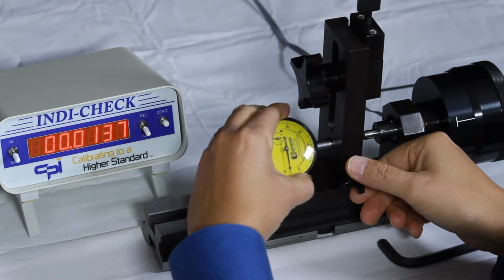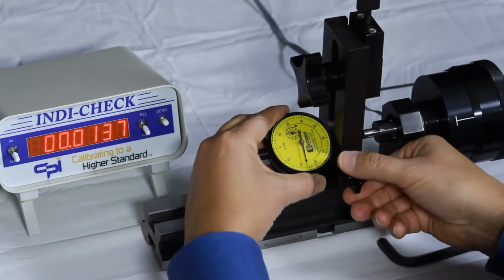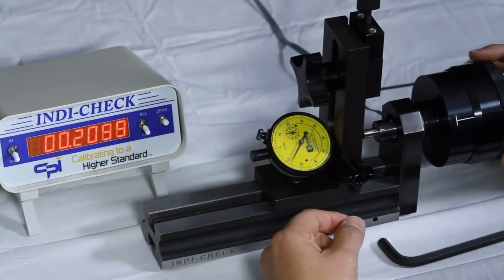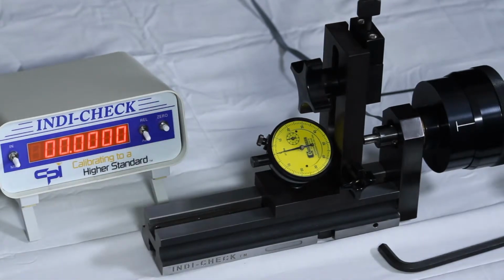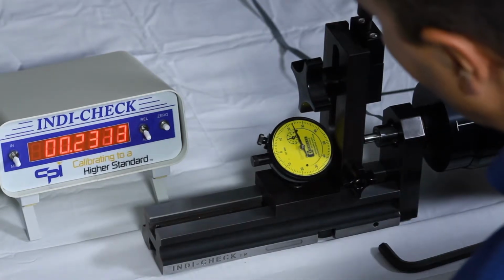and now you're going to mount the indicator. You lock it down finger tight. As you can see, there's some pre-travel on the indicator. You're going to account for that. You're going to zero out your dial indicator, zero out your Indi-Check, and you're ready to calibrate. It's that simple. And you can just compare your reading to the reading of the Indi-Check,